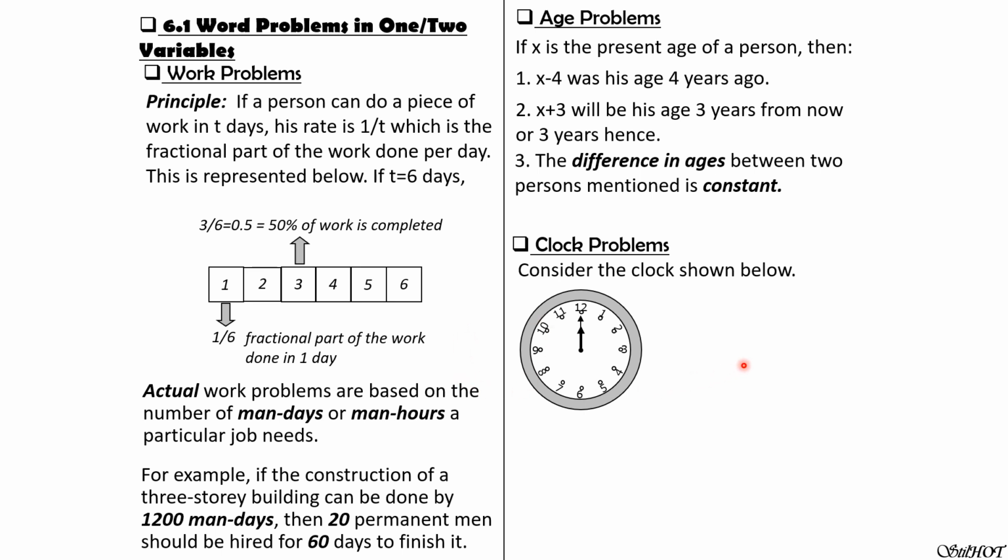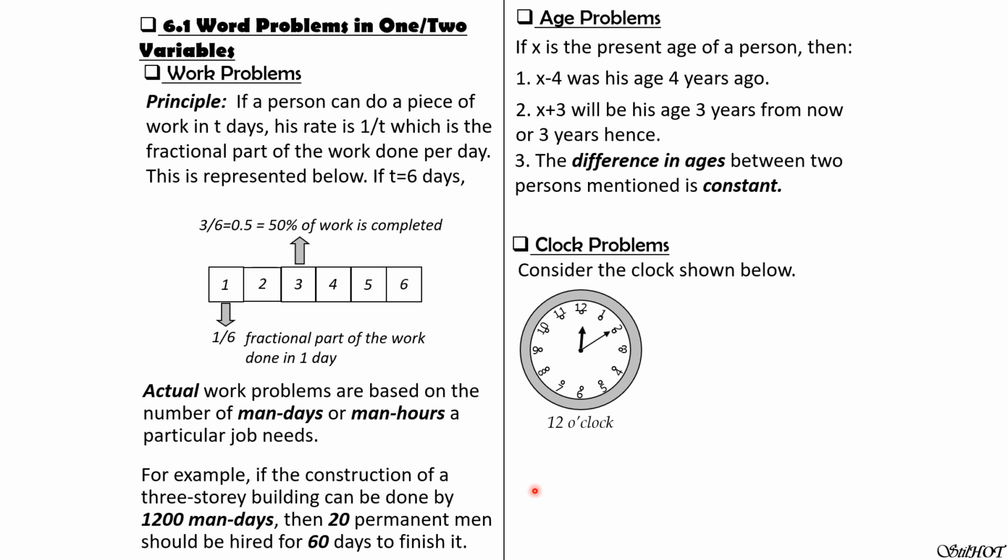So let's just animate it fast so that you can expect that after 1 hour, the minute hand will turn one revolution. It will go back to point the 12 o'clock mark, while the hour hand will just turn this one graduation here. So since the clock is graduated 12 equal graduations, the movement of the hour hand will just be